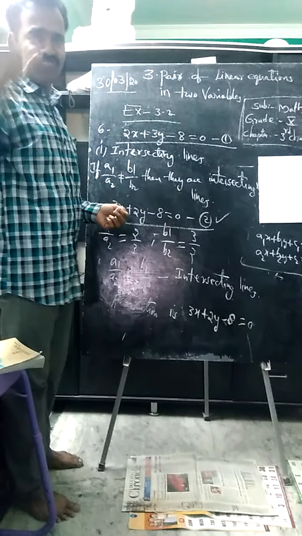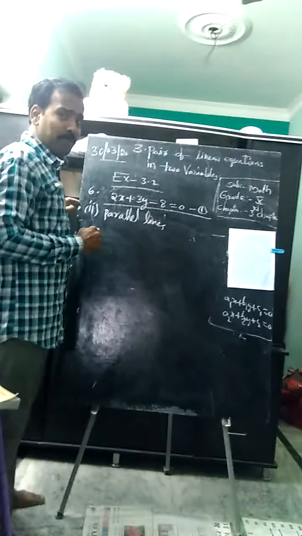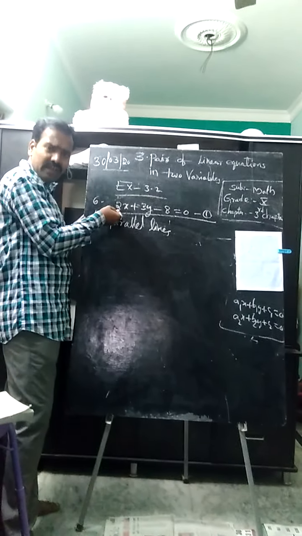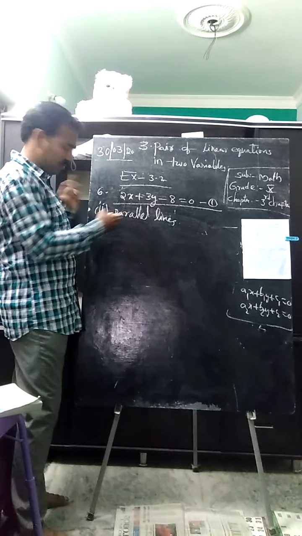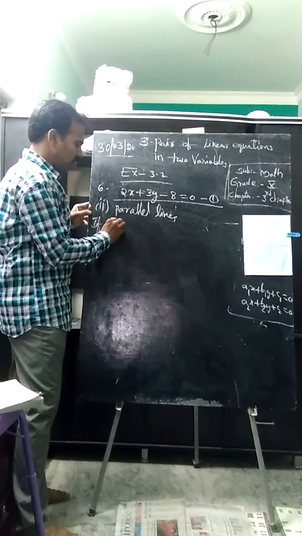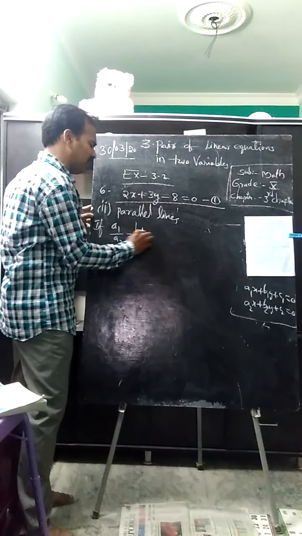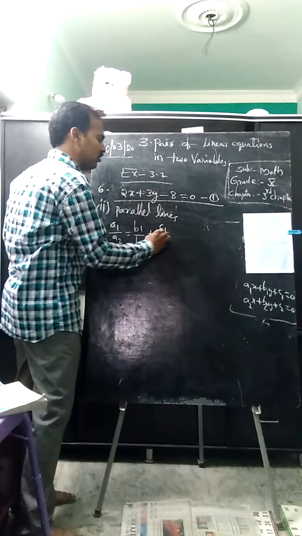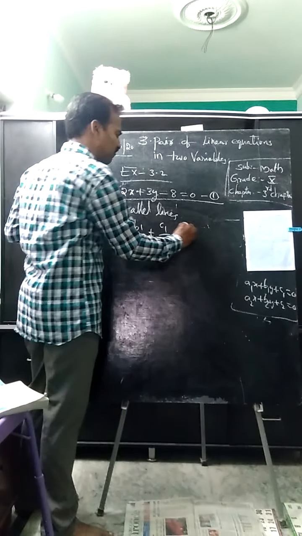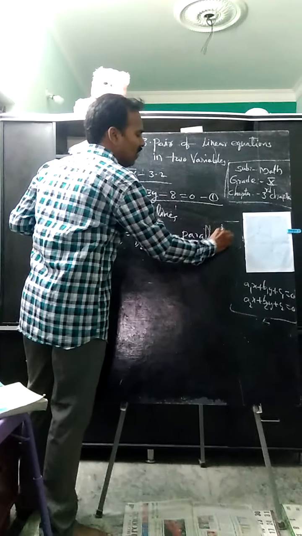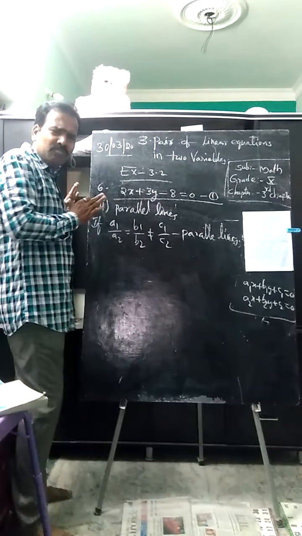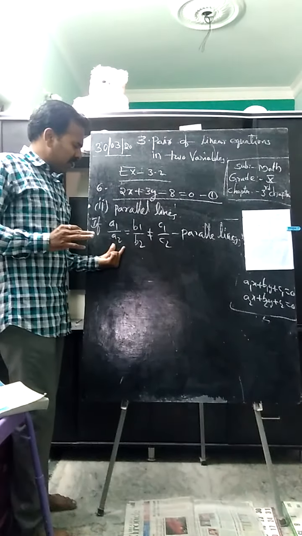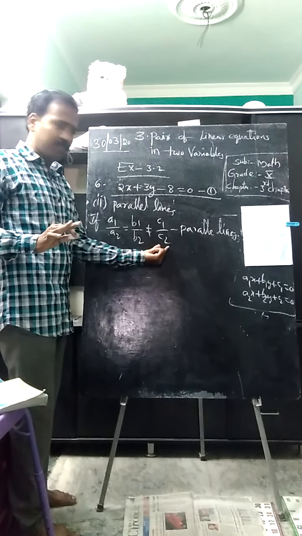Now we will do the second condition. The second condition given is parallel lines. What is the condition for parallel lines? Again for the same equation, we should write one more linear equation in two variables which satisfies the condition for parallel lines. What is the condition? a1 by a2 equals b1 by b2 but not equal to c1 by c2. This is the condition for parallel lines, graphically or geometrically. You take one more equation which satisfies this condition. Simple, students: a1 by a2 and b1 by b2 should be equal, but it should not be equal to c1 by c2.